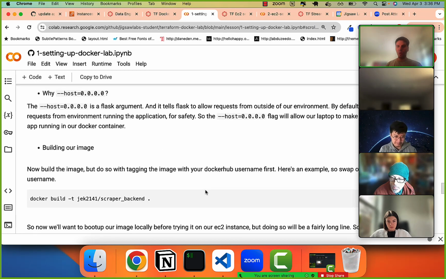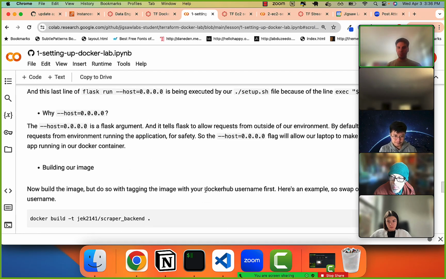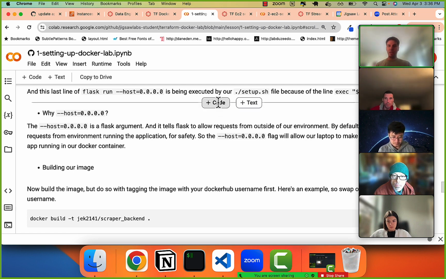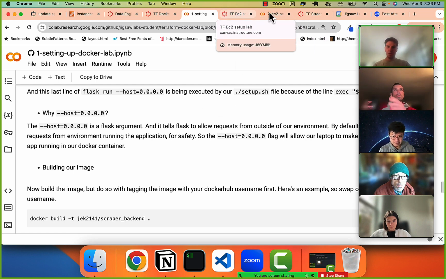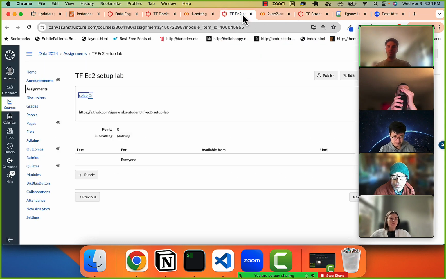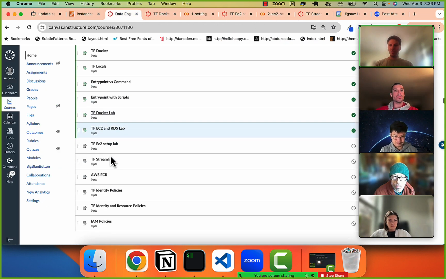So get it working, get everything automated as much as possible, so that you can just call Docker run, and this backend will, right, it has to do a lot of things. It has to not only put up the Flask API, but also perform the initialization of the database, etc. And then the next lab that we worked on was, we're not even there yet. The next lab that we worked on was